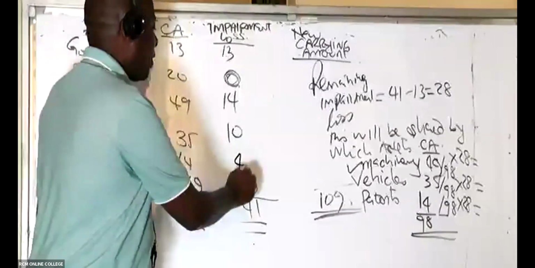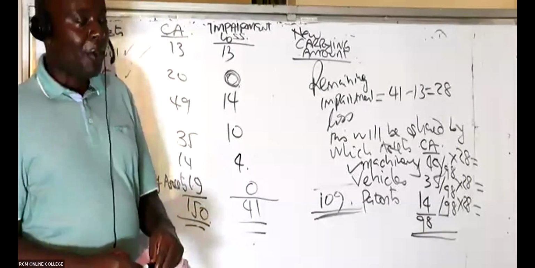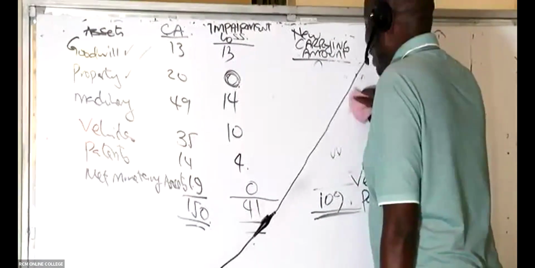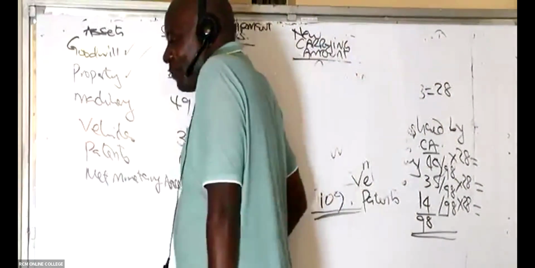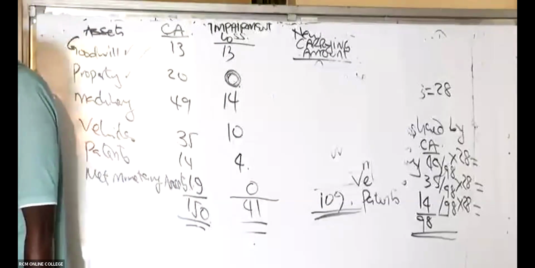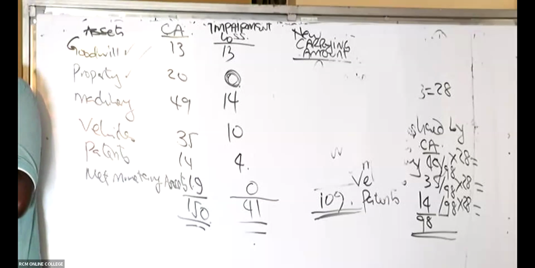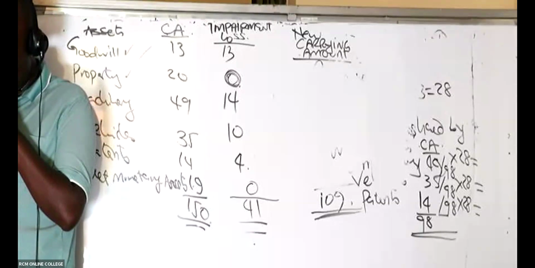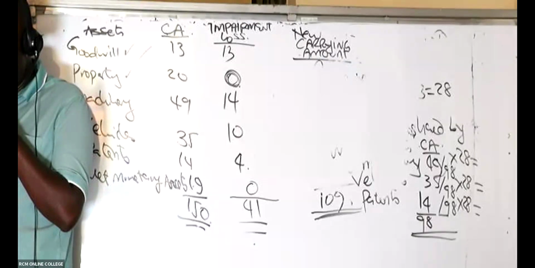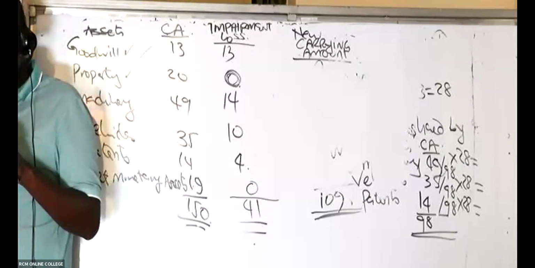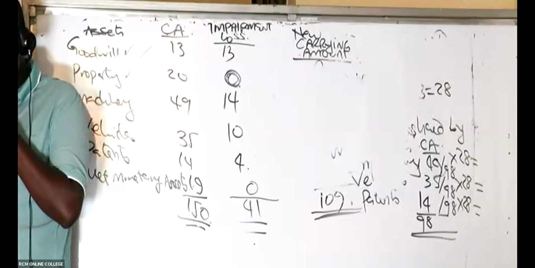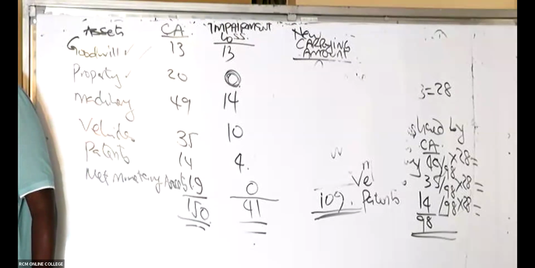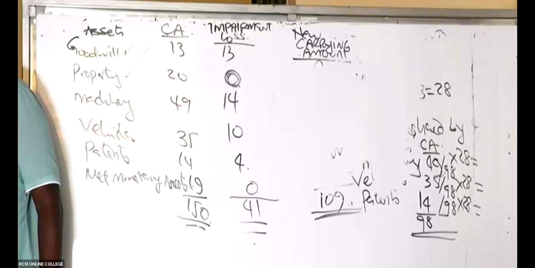And then give me the new carrying amounts. I've rubbed this. I don't know whether I've moved fast there. I've rubbed a very bad section. Are we together really? I think I've moved a bit fast there. But I know you guys are ninjas. Perhaps you may have written. Are we together up to here? Great. Thank you very much.